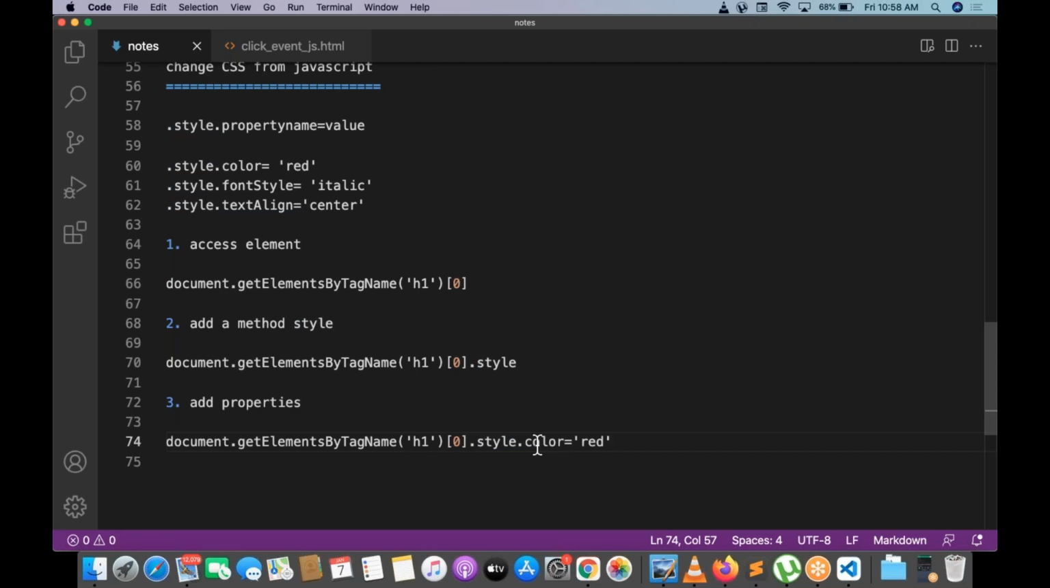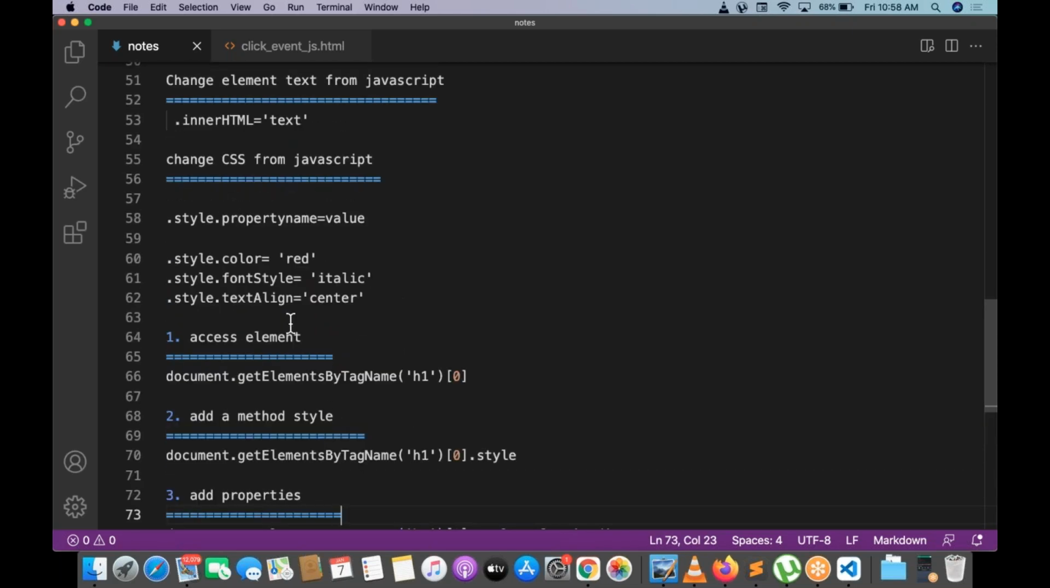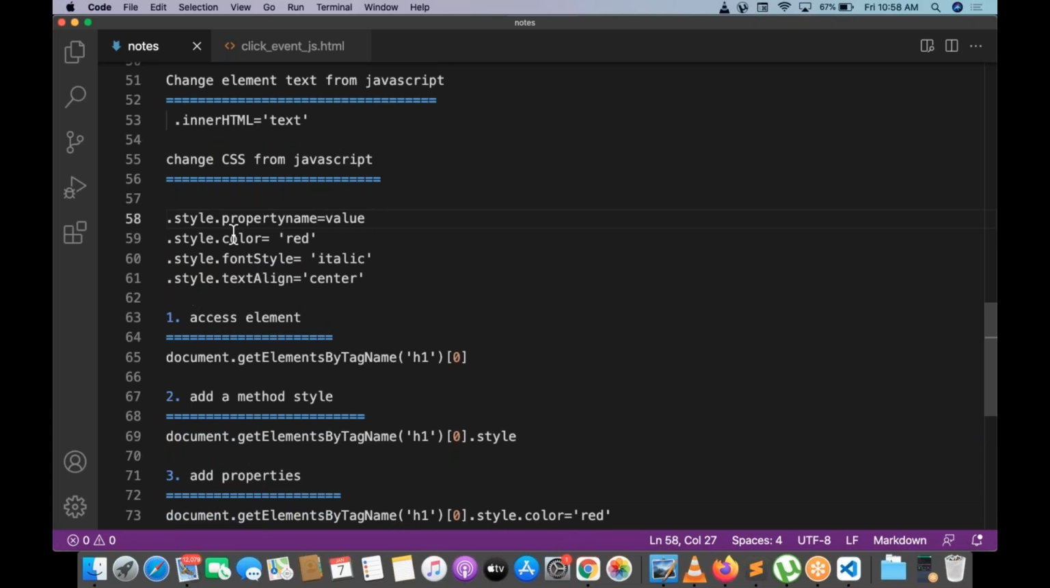See, step by step, understand. First step is we need to access the element. Second step is we need to add a style method. Third step is we need to add a property and value. So there are multiple things to change the style. So what I want to do now,